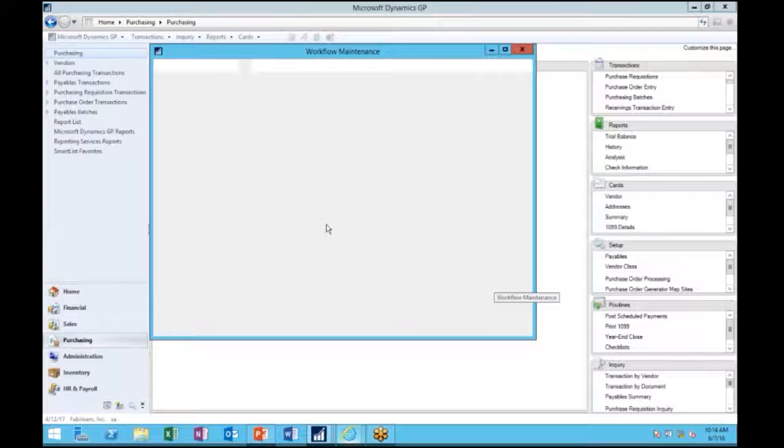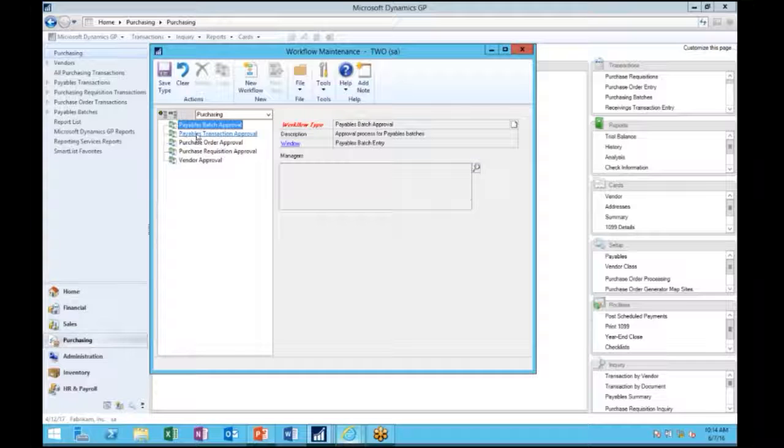So we have the ability to actually do workflows in the system, and that's as simple as coming in here, setting up a workflow and the steps required for that workflow, assigning managers and levels of that workflow. But some of the things that I can do workflows off of is my financial module, general ledger batch approval. So there could be an approval process. There could be several steps to that approval process based on the value of the batch,